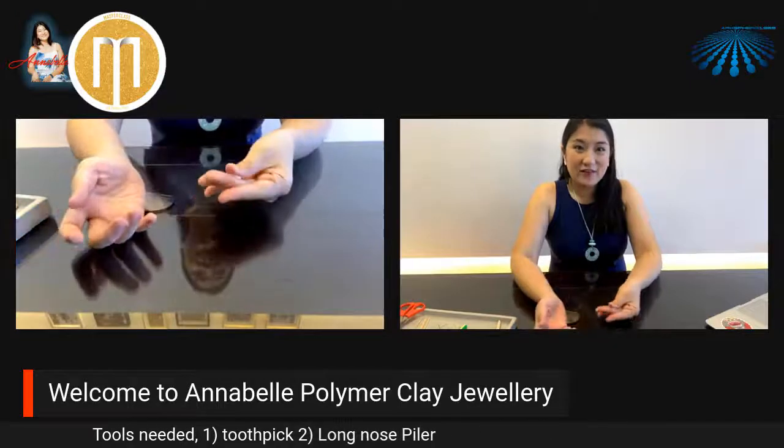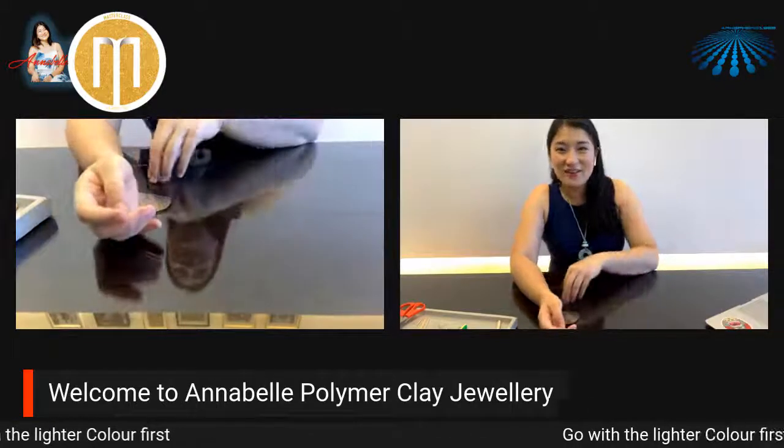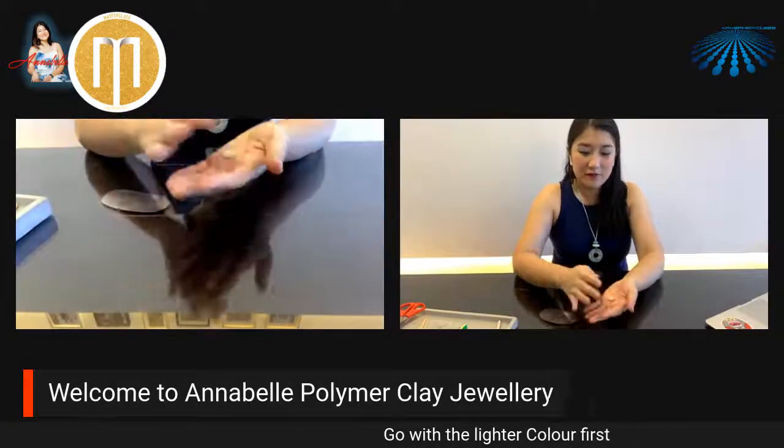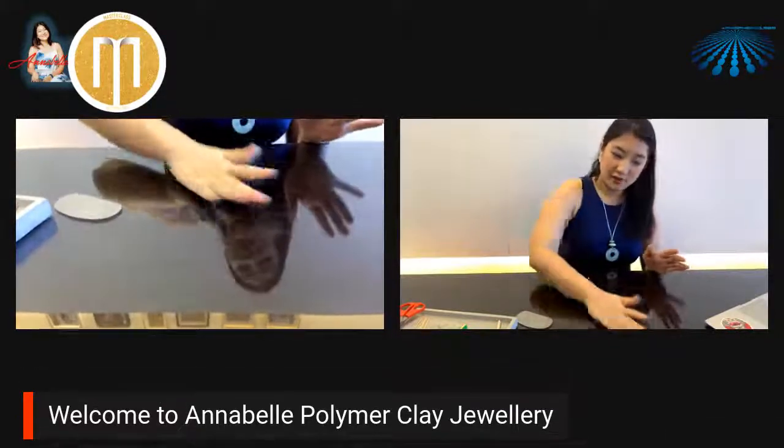That's how much clay you would want. Because if I flatten this, and a lollipop is about this shape, right? That's how big your lollipop will be. So what I want is the shape in a long